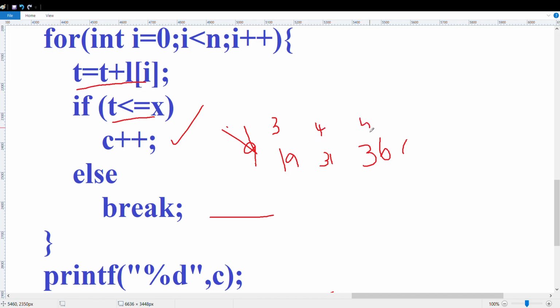So what you do? First t value will be 9, it is lesser, you will continue. Then t value will be 19, it's lesser, you will increment c and continue. And then t value will be 31, which is greater, so you will break. So what will be printed? C. So what is in c? 3. So 3 will be printed as output.